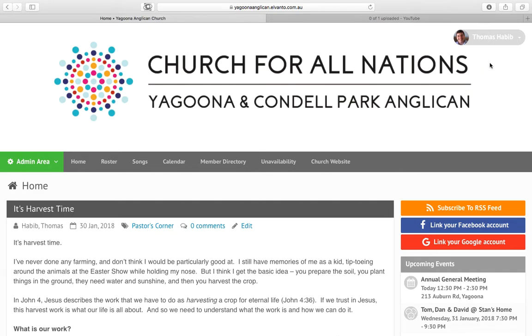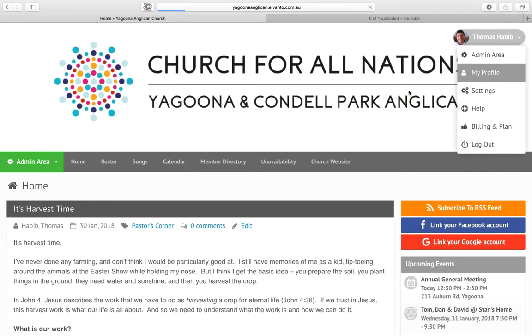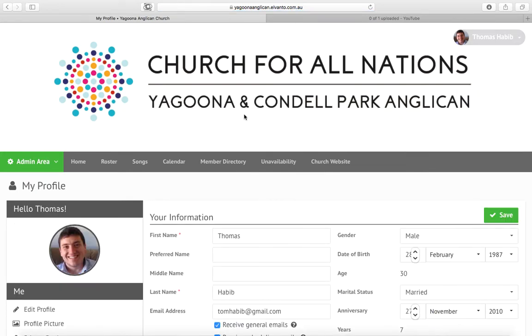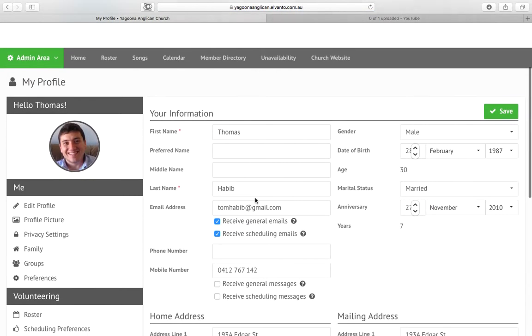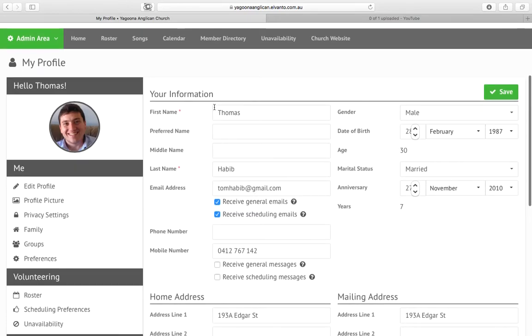You need to go and find this tab here at the top right hand corner of the screen, and you need to go down to My Profile. I've got a few more things here than you will because I'm an administrator of this site, but you will have a tab here that says My Profile, so click on that. Okay, now you're in your profile area,